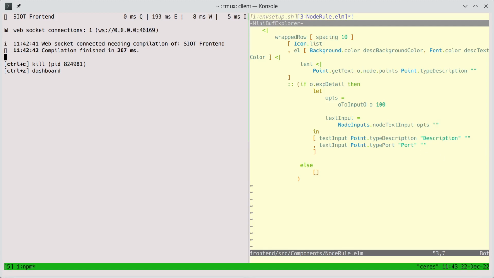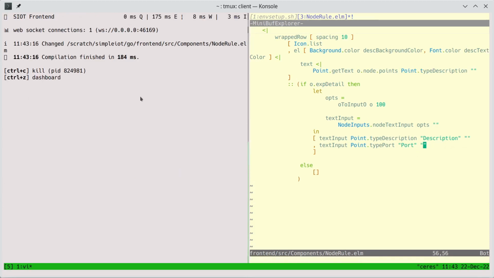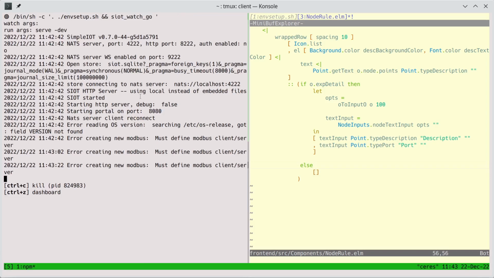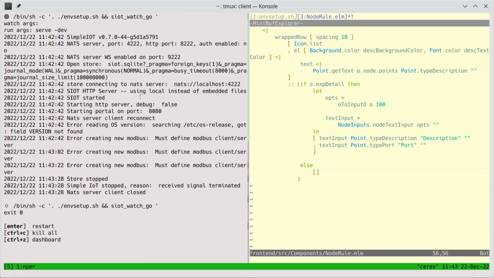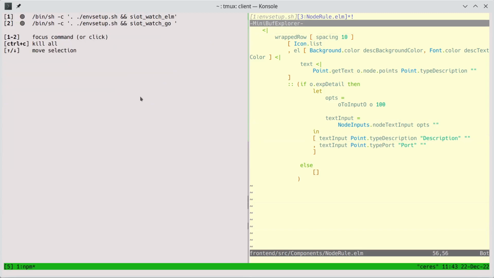If there's an error in our code, this process will show those errors. Control Z goes back to the dashboard, and here's the output from our Go backend. We can kill this process if we want. Now it's dead, and then we can just press enter, and then it restarts. So this is really nice tooling. The user interface is quite excellent,